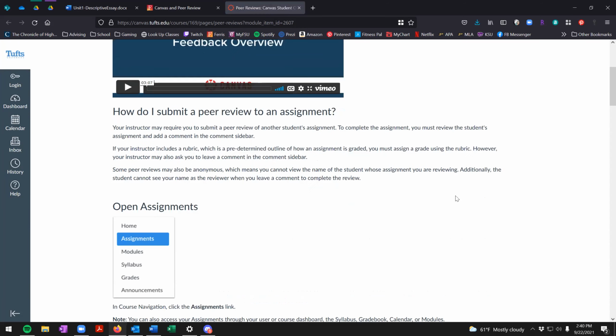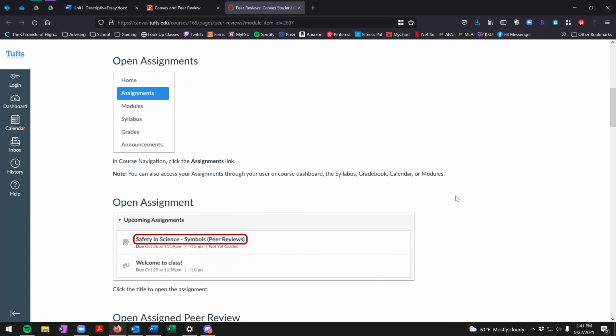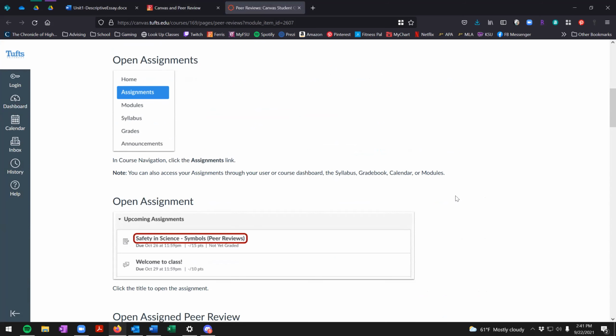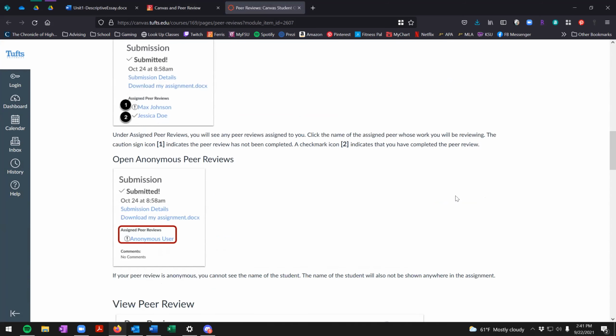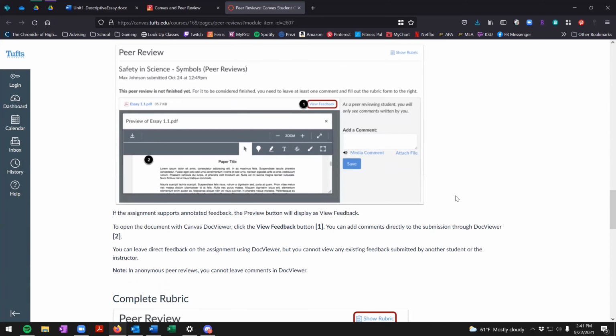A few things that may or may not have been completely apparent as of yet is the fact that you are not able to go back in and make changes once you have submitted your review. Now, the reviews you've been doing for the short activities haven't had a whole lot of elements to them, but for peer review, there are a number of things you're going to be looking for, and we'll touch on that in a moment. And I want to make sure that I'm really emphasizing the fact that once you click submit, or if you exit out of things before you have completed the review, there isn't any way to go